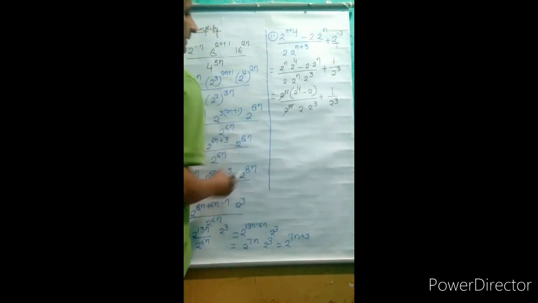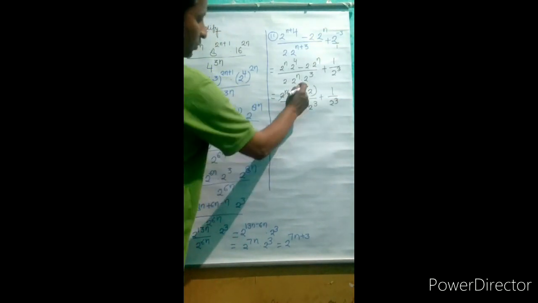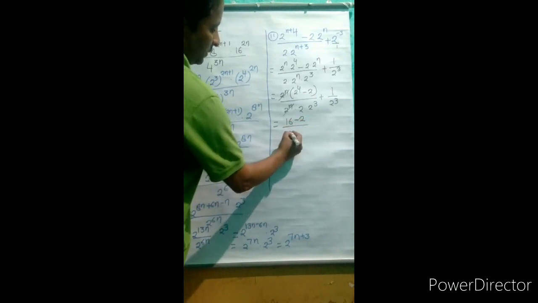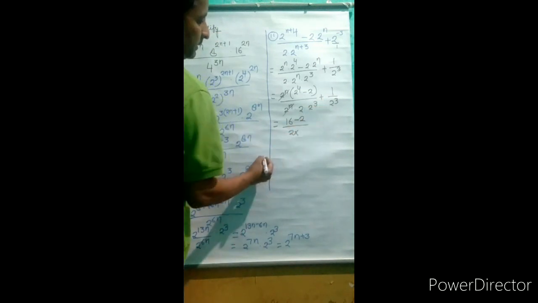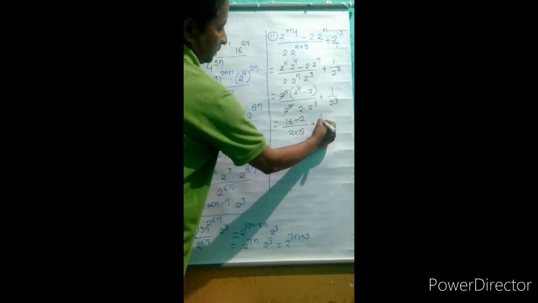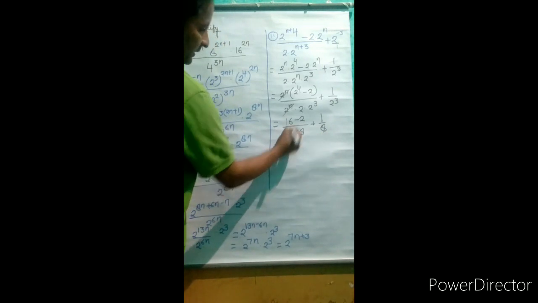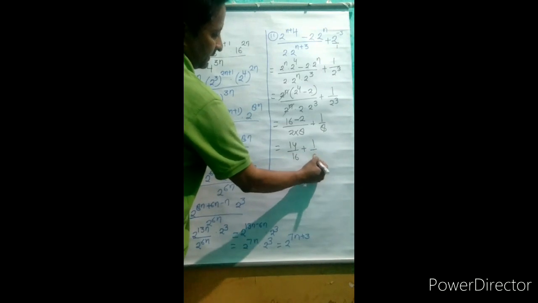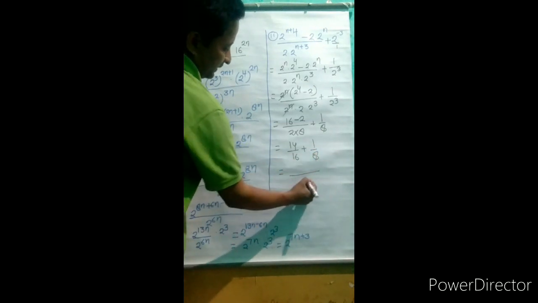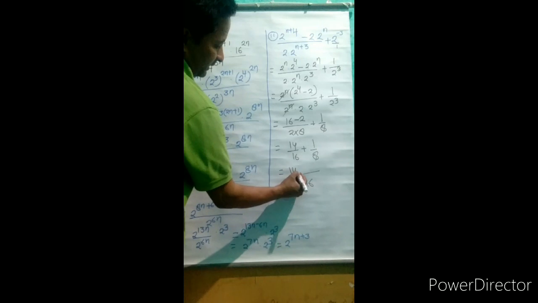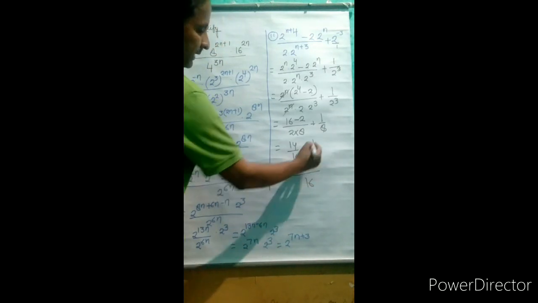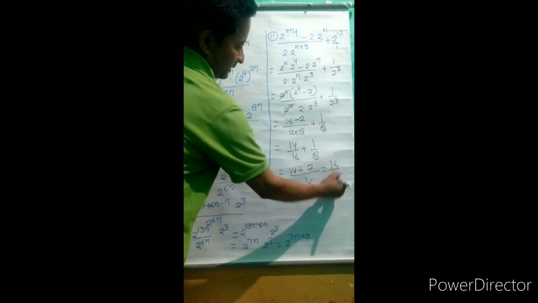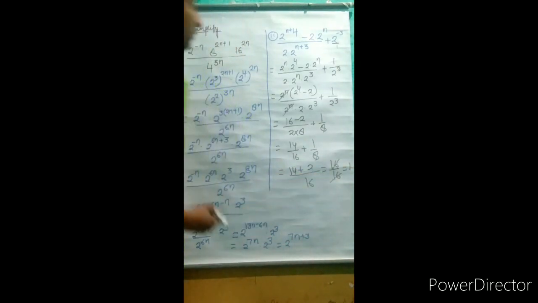So this and this cancel. So here 2 raised to power 4 means 16 minus 2. 2 multiplied by 2 raised to power 3 means 8, plus 1 over 8. Here will come 14 over 16 plus 1 over 8. LCM you can take 16. Here it will come 14 plus 8 divided by 16, 2 times 1 is 2. So it is 16 over 16. 16 cancels 16, it will give you 1.